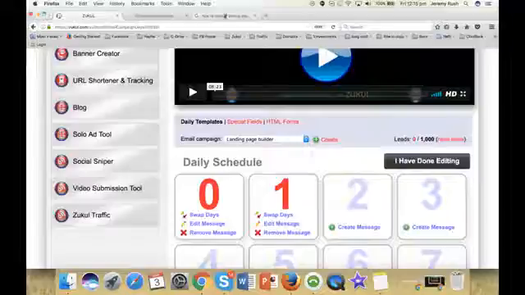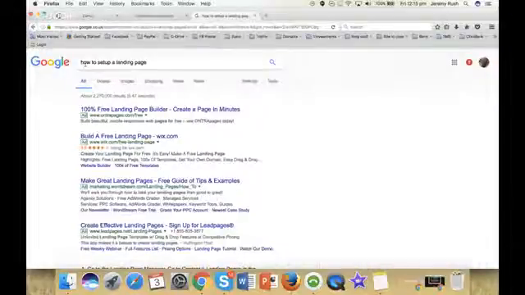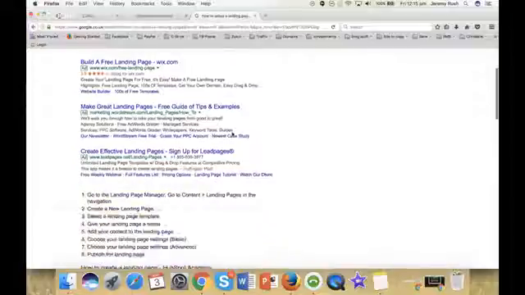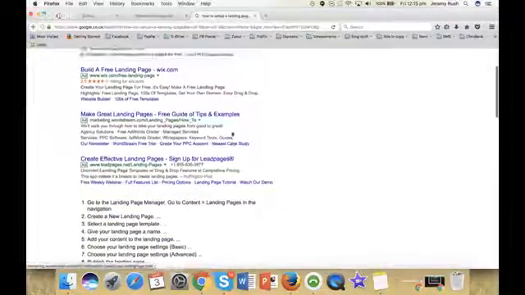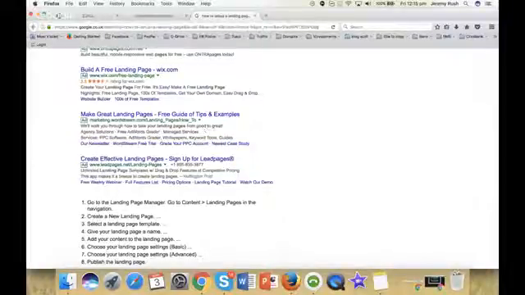But for other content you could do, I just came up to Google and put in how to set up a landing page. What I do is read through the content that people have got, these snippets that Google gives me, and they make great emails. Look, we will walk you through how to take your landing page from good to great. There's content for my email. So I would say, I will walk you through how to take your landing page from good to great.